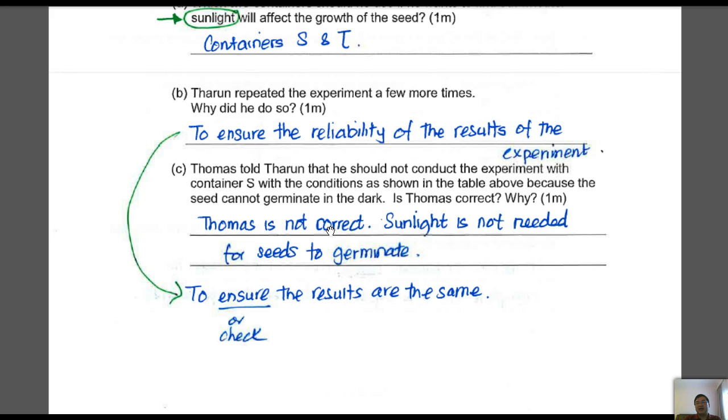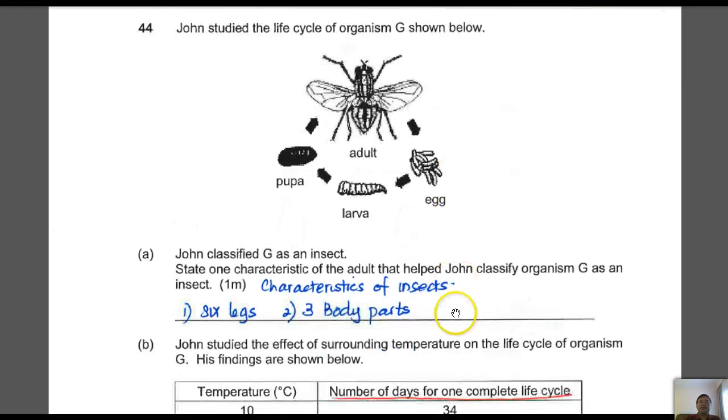And anyway, sunlight is not needed for seed to germinate. That is your answer. Thomas is not correct because sunlight is not needed for seeds to germinate, and the experiment you have to show that even if sunlight is not present, it will still germinate. Now for the top here, of course, if you have the answer like this to ensure that the results are the same, it is accepted. Finally,